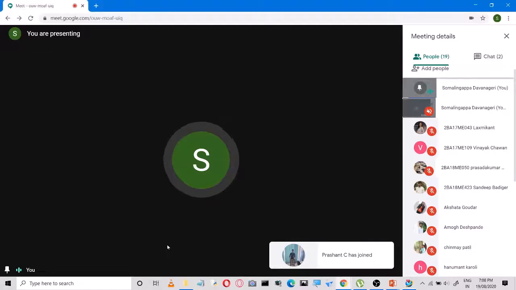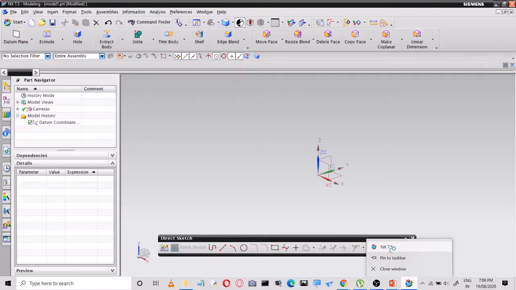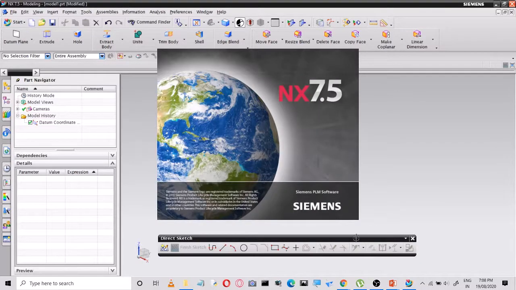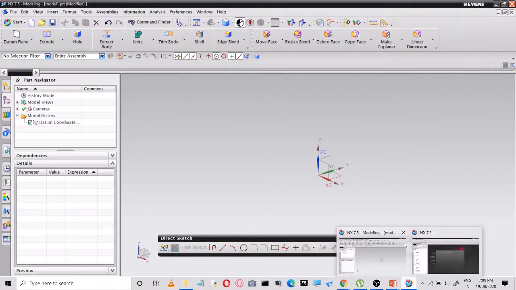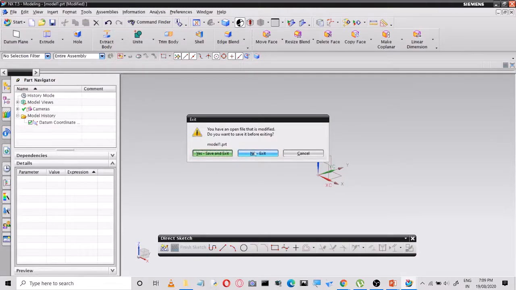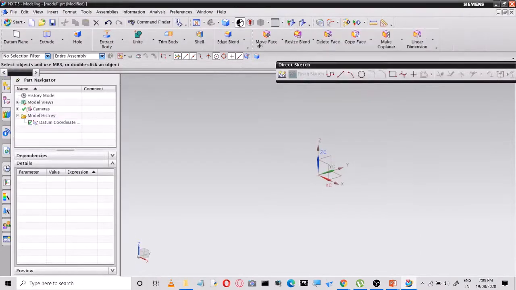You can just move around the toolbar. Okay, you can just dock the toolbar where you want to place. Okay.